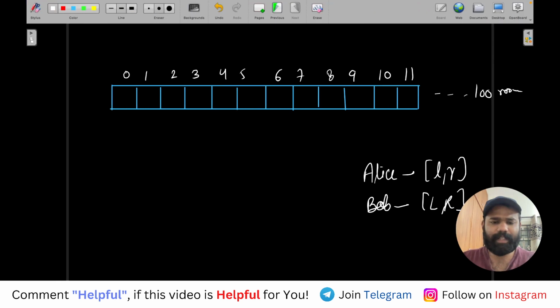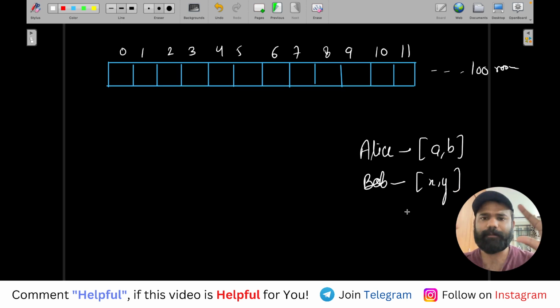Okay, so you can take it like that only, how we have taken in the code. So Alice is between A to B and Bob is between X to Y. Okay, this is what we have taken. Now understand very carefully. Currently, what is happening is that